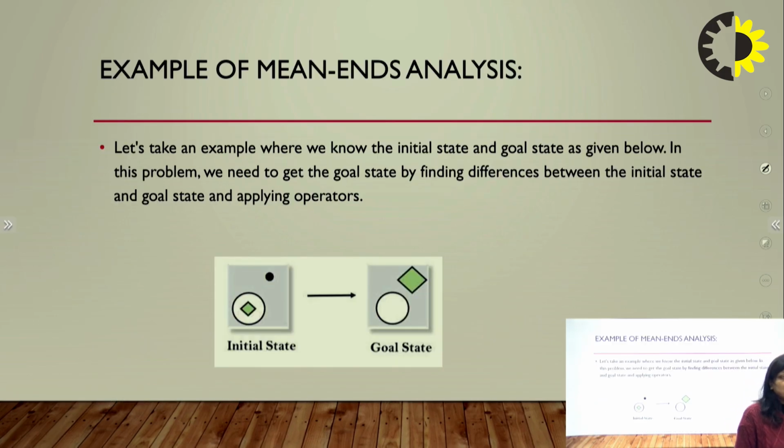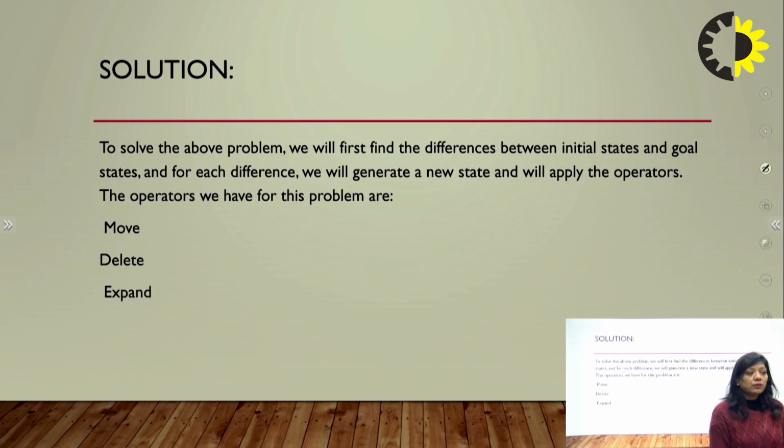So let's take an example where we know the initial state and the goal state. In this problem, we need to get the goal state by finding the difference between the initial state and goal state by applying operators. Here we have this initial state and we have the goal state. The solution would be to solve